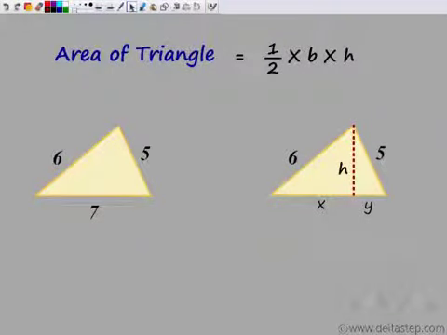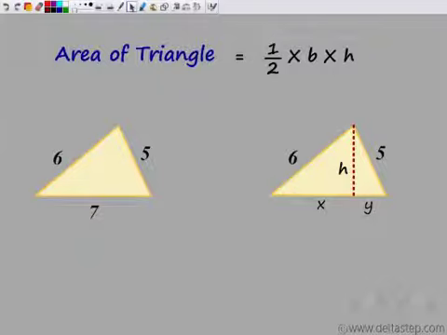We have seen that the area of a triangle is given by half into base into height. So for any triangle, I can use this to find the area. Now say this is my triangle with 3 sides. I want to find the area of this triangle. Now how would I do it? I need to know the base and I need to know the height to find the area of this triangle.